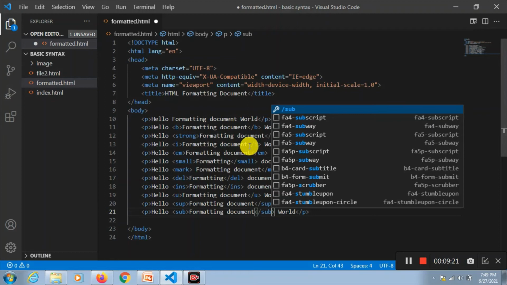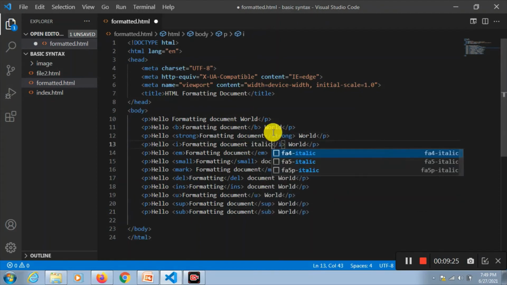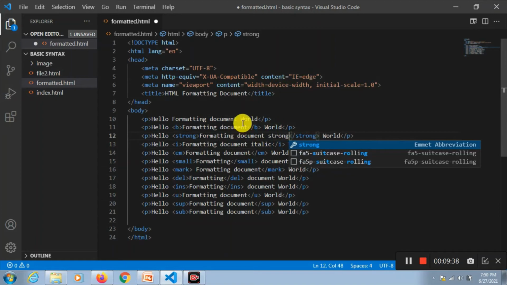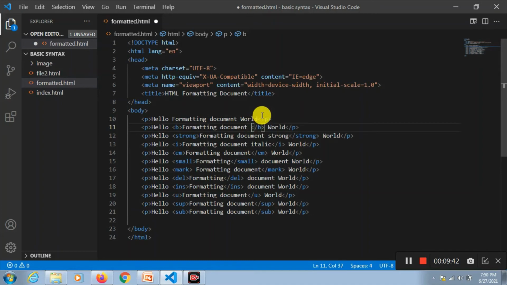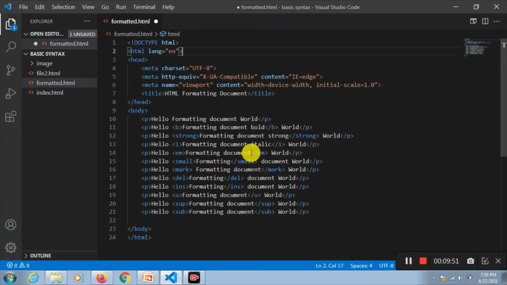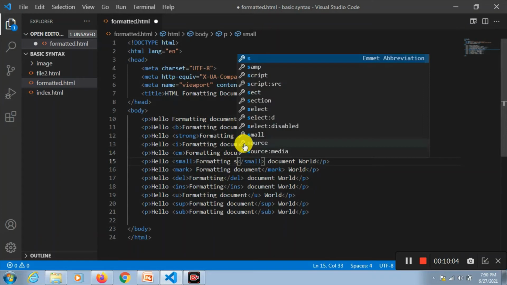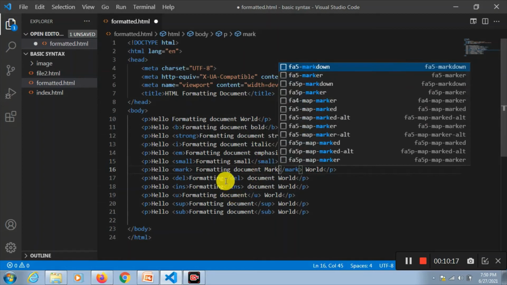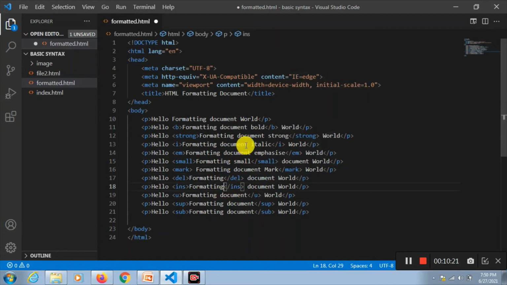Now, for your understanding, you can write here. This del, this inserted, let's give here inserted one word, more words so that you can understand.